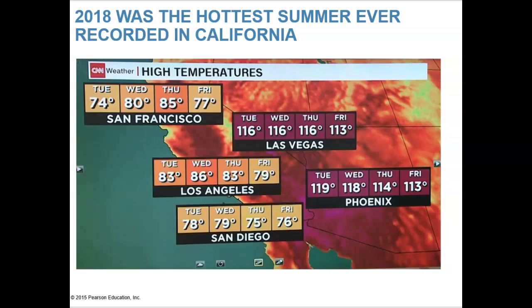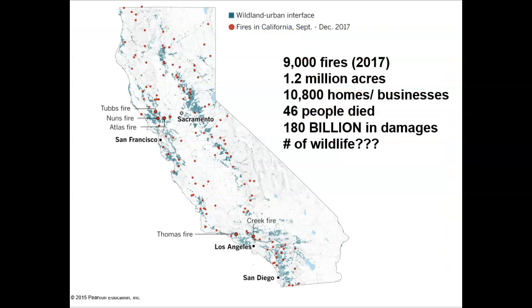And so all of those dead trees that were standing there in the forest got dried out very quickly. There wasn't a lot of moisture in the other vegetation. There wasn't a lot of moisture in the soil. It had been very hot and there had been a drought for quite a long time. In 2017, this was the data I have from 2017. I've been looking for something similar for the last couple of years, but I haven't found anything that had it all mapped out like this. So let me show you this one.